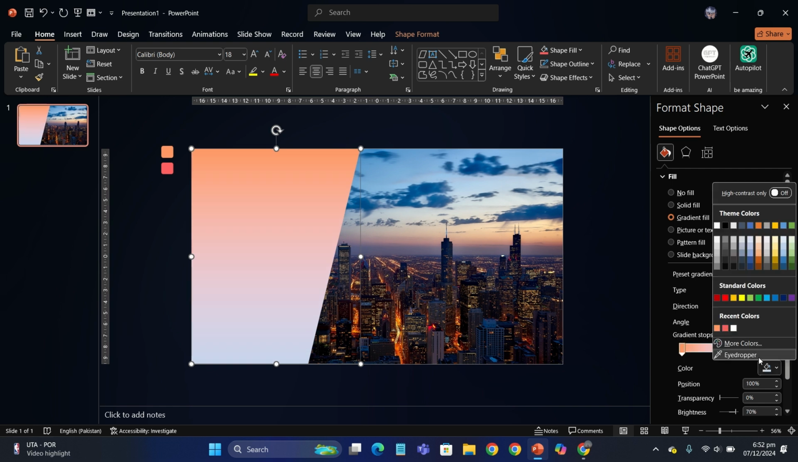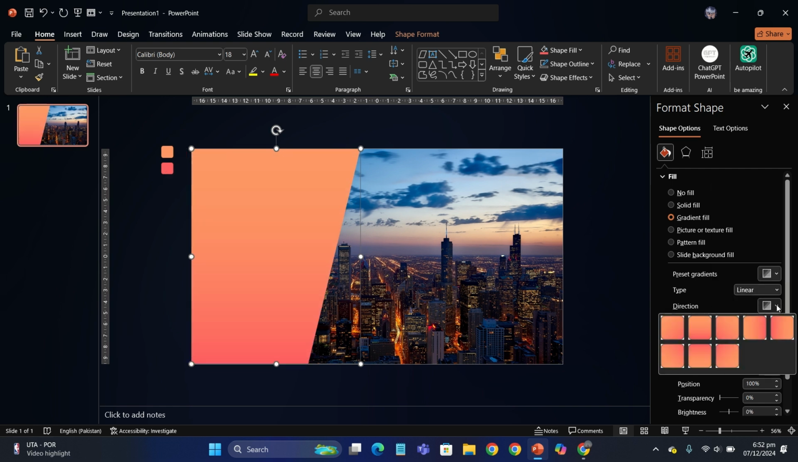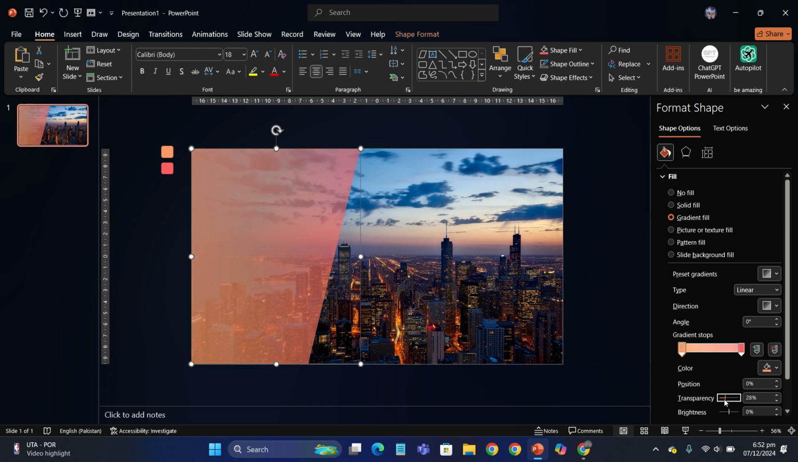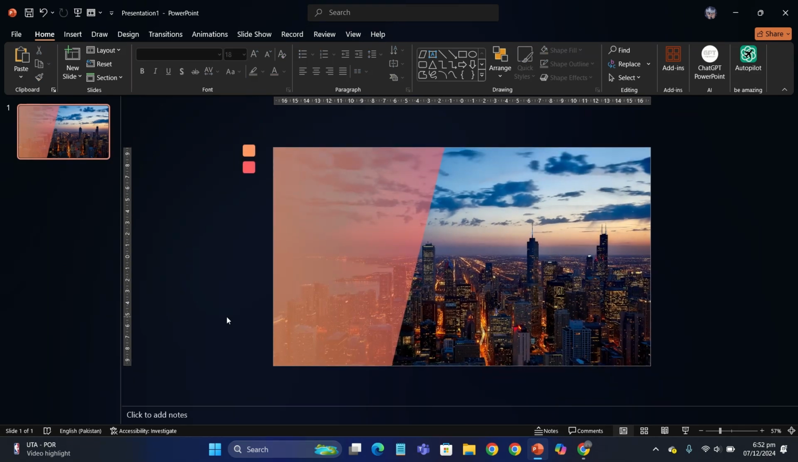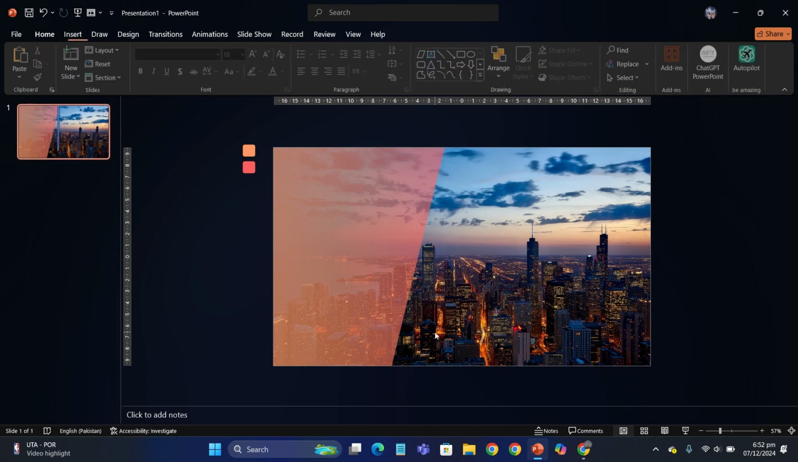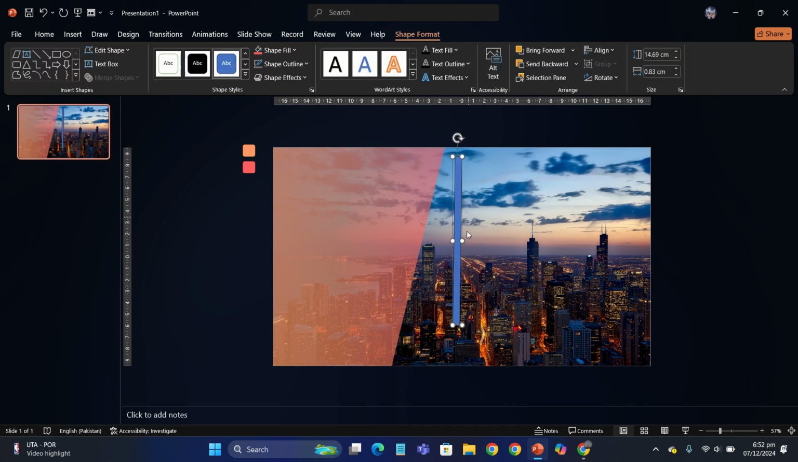So the colors I'm gonna use are skin and peach color for the gradient, and I'll just give transparency to both of the gradient stops. Here you go. Now, the next thing you're gonna do is insert this rhombus like this,